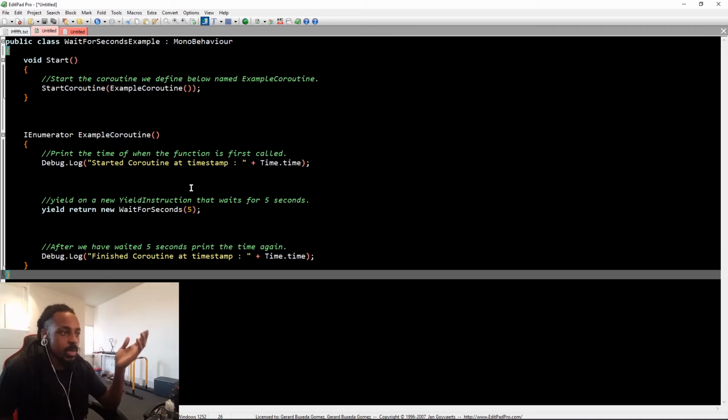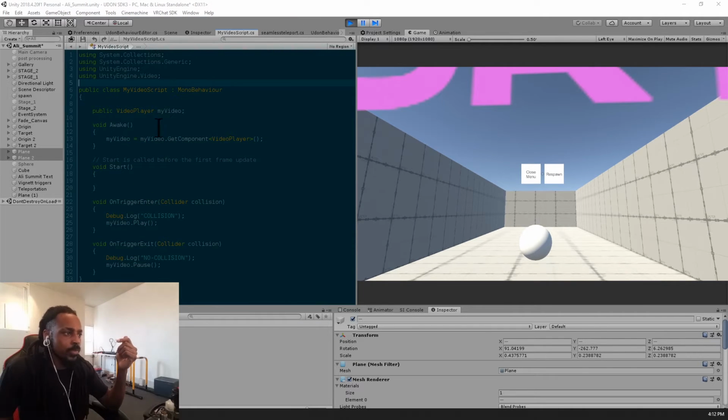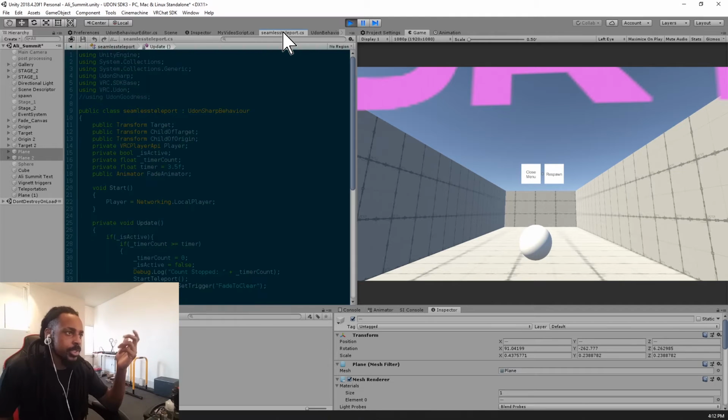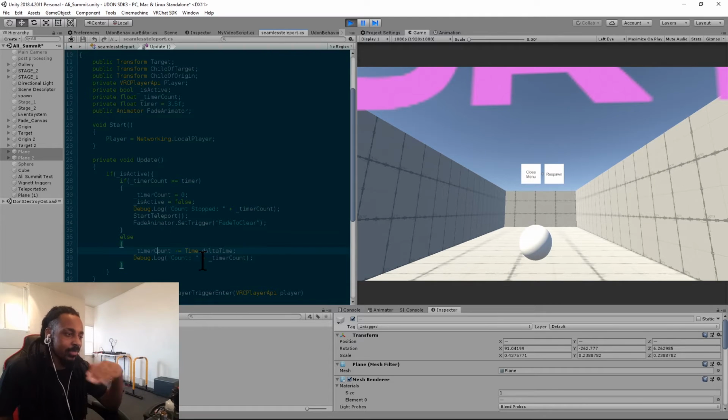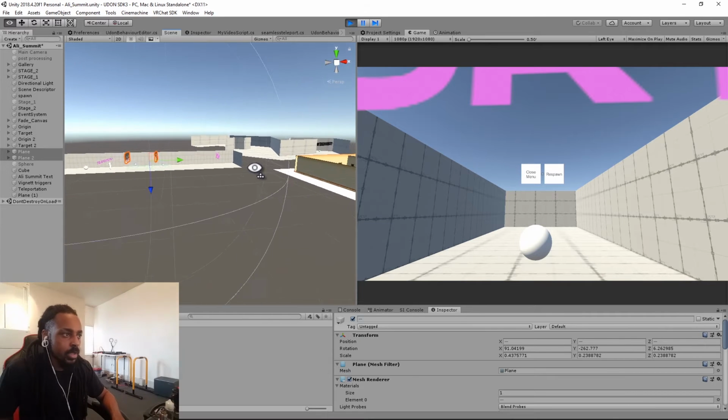For example, I usually use my timing functions. I'll use a coroutine, which is very light on the CPU, and it's also very easy to code. Whereas for the timing functions in my code, I have to work with the update function, using Time.deltaTime, so it's not very consistent, and it can be a little bit more labor intensive because it's constantly running the code and checking the if-else statements, but it works. So anyway, the next element is going to be the